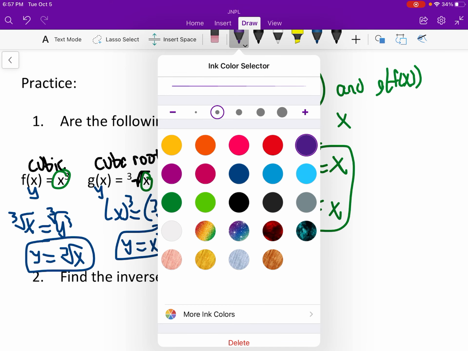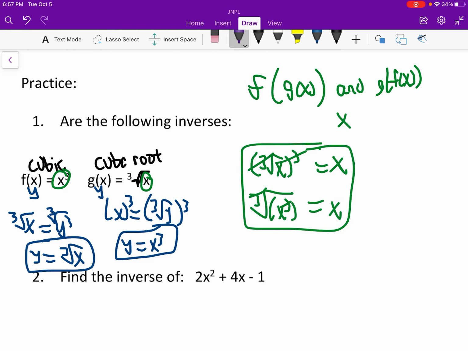You can take any point. Let's use 1 and look at what happens when x is 1 for f of x. We're figuring out what happens when x is 1. So how do we figure that out? We put 1 into the x spot. So x cubed, 1 cubed is 1. Oh, that's not a good example. You don't have to use 1 every time, but the reason that's not a good example is because we got 1 and 1. Let's just try